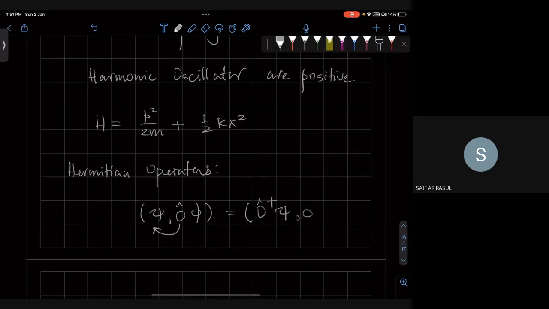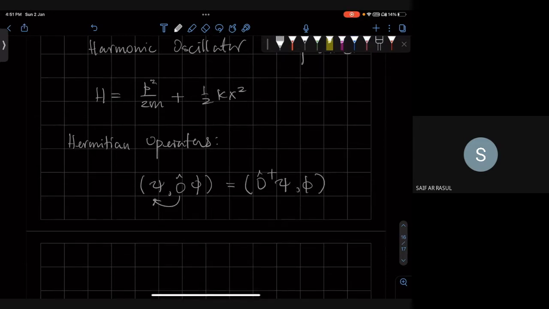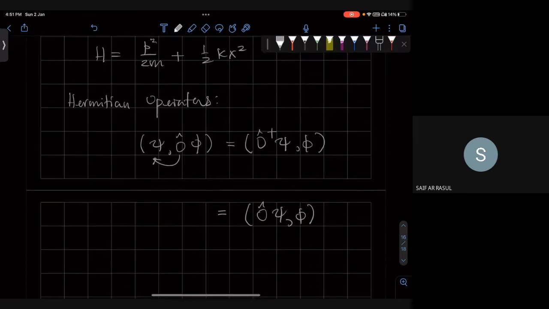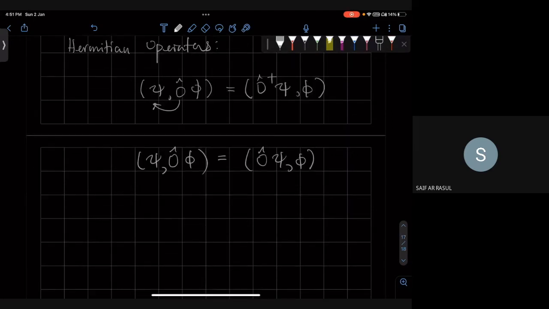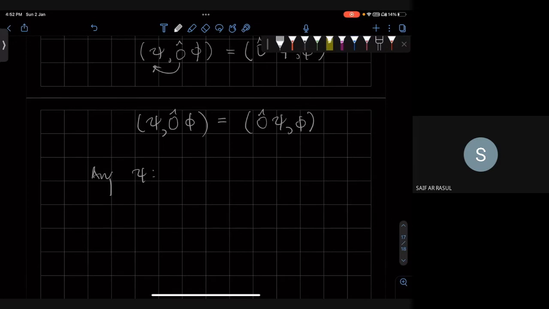But since O is Hermitian, this is equal to O psi, phi. So for a Hermitian operator, we can write psi O hat phi equals O hat psi phi. So now this means that if I take any psi